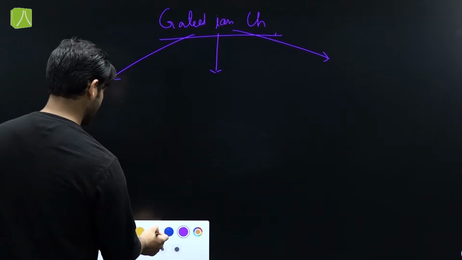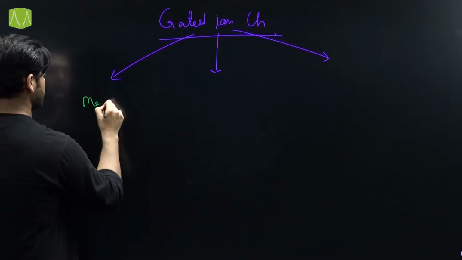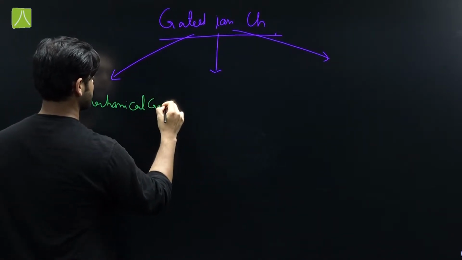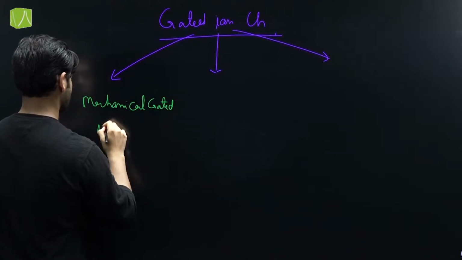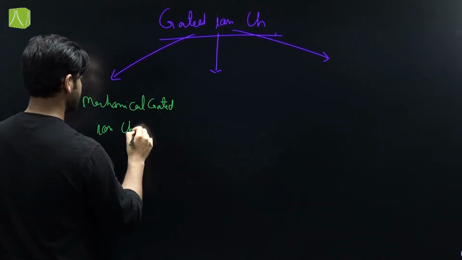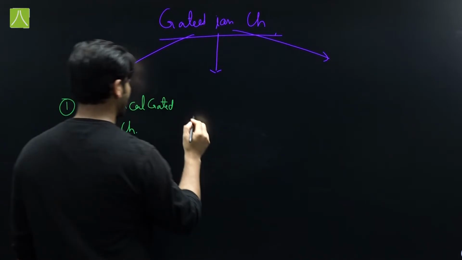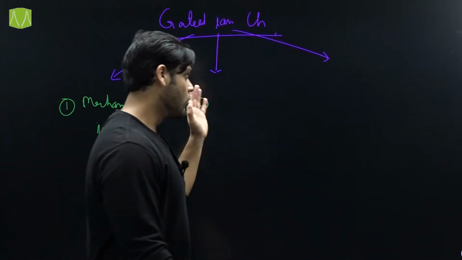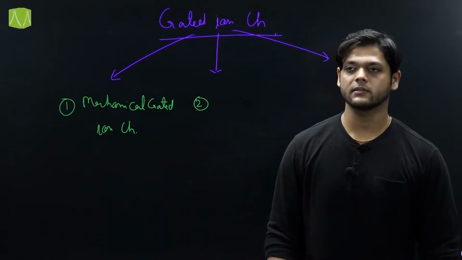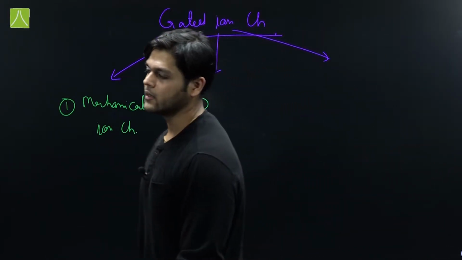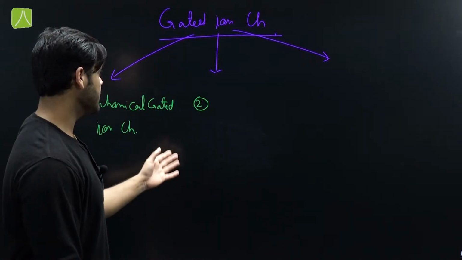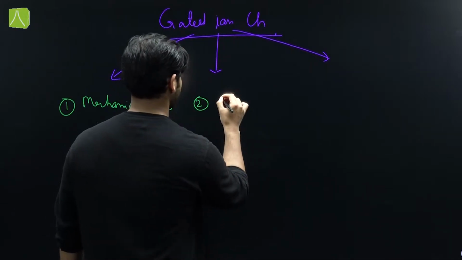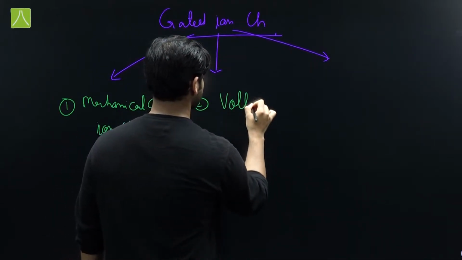So one can be the mechanical gated ion channel, the category number 1. Category number 2 is voltage gated ion channel. The most common category found in the nervous conduction part, the voltage gated ion channel. These ion channel opens only after a certain potential difference gradient is created. So we can call it